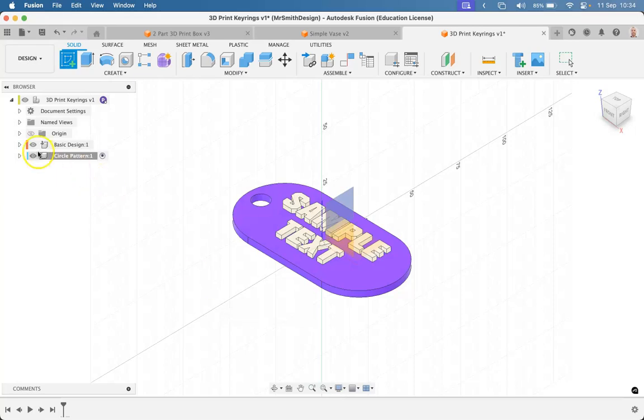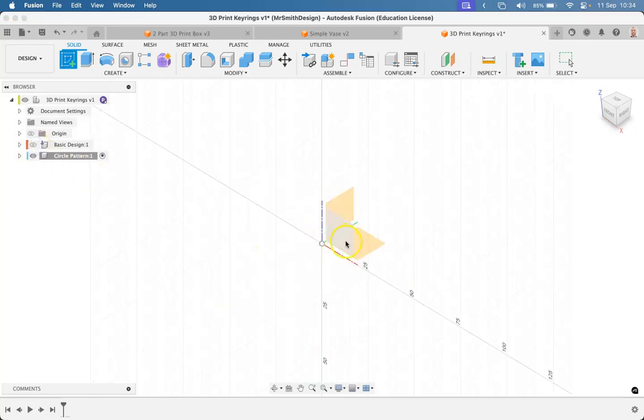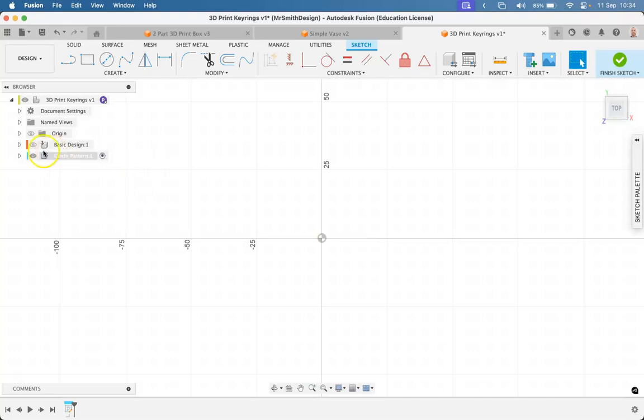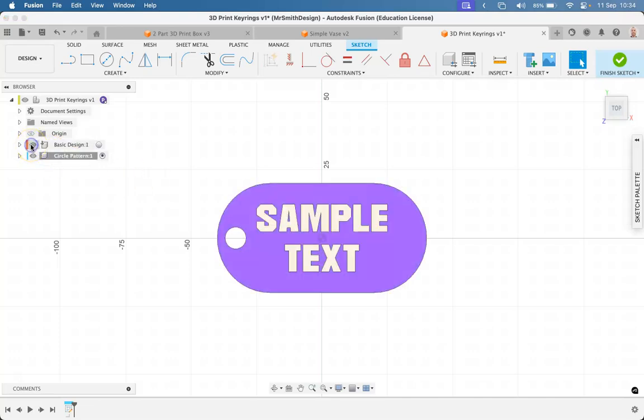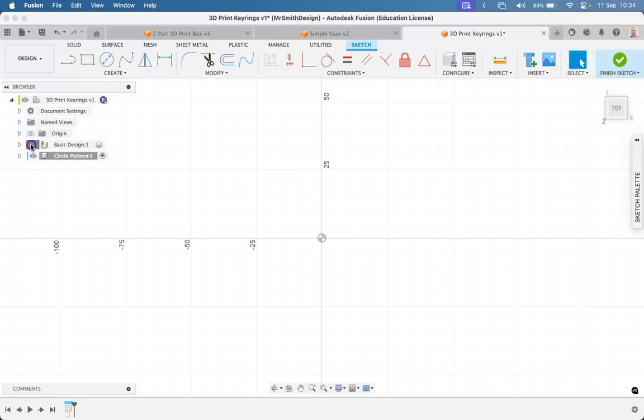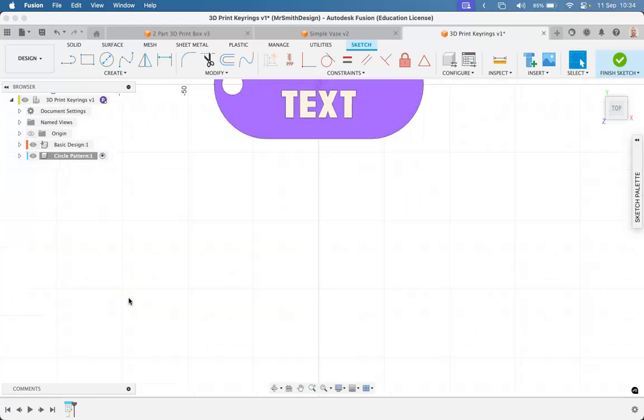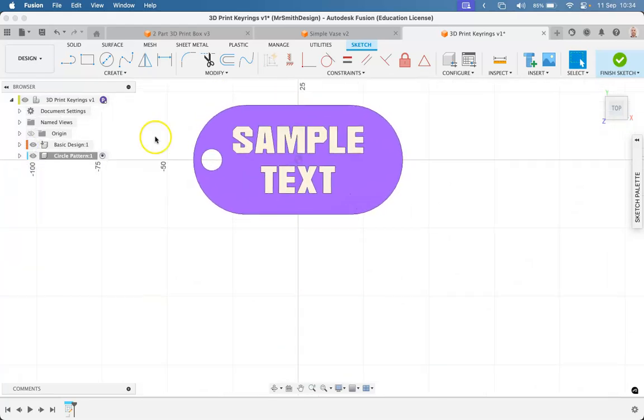Now, this one's hiding it, so I can just hide that away. Click here, and I can bring that back later on. I can bring it back now, but yeah, let's bring it back. So I'm not going to do it on top of it. I'm going to do it underneath this one. So circle, start here, and I'm going to go for 40,